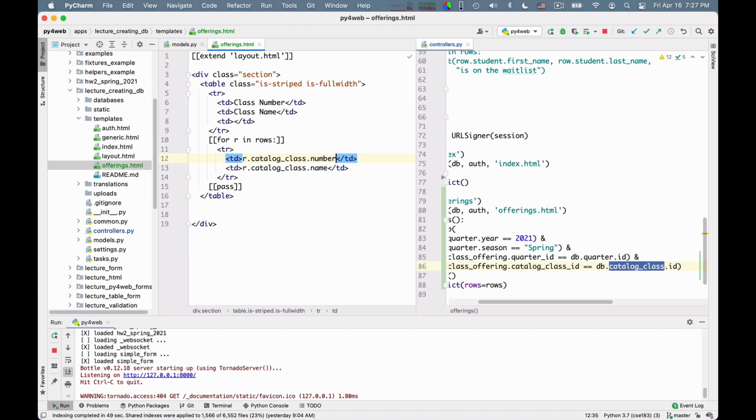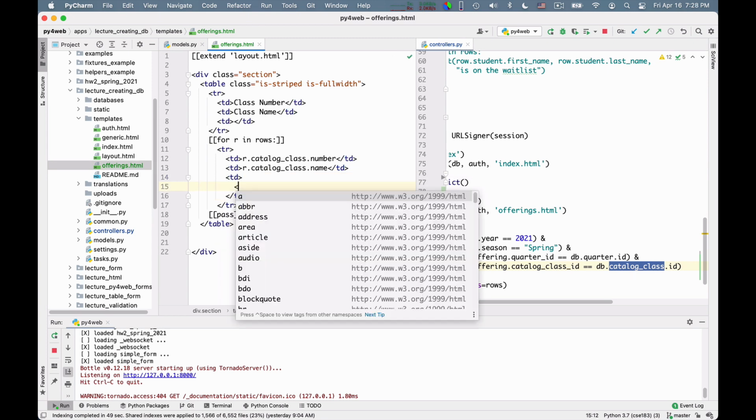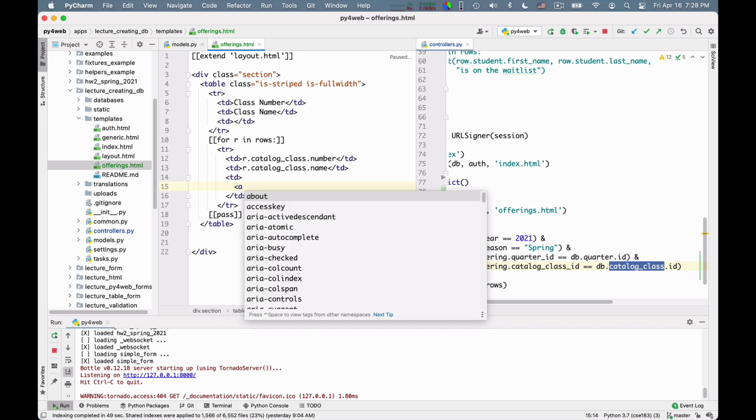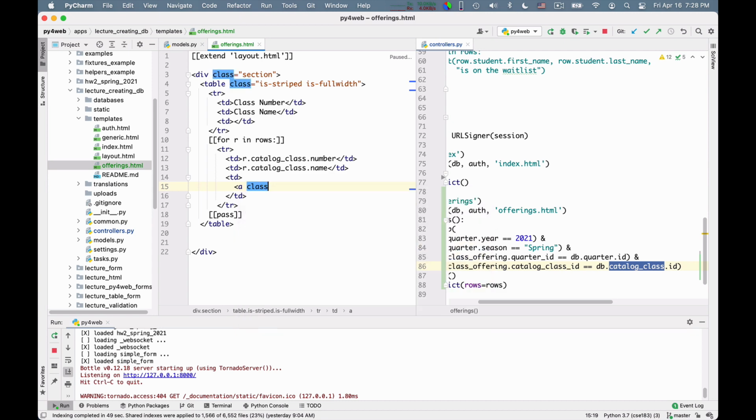Okay, and here I have to fashion a registration button. So let me do some attempt at it. Okay, so how does a button look like? Well, it's a link, right? So it's an A tag for a link of class is equal to button, and then it has well, no, that's not what I wanted.